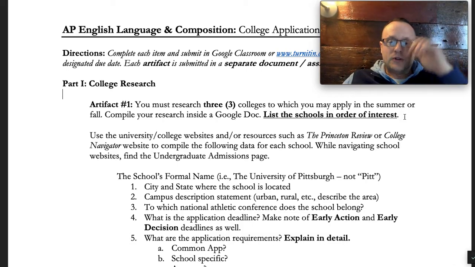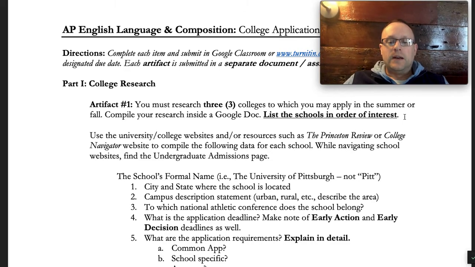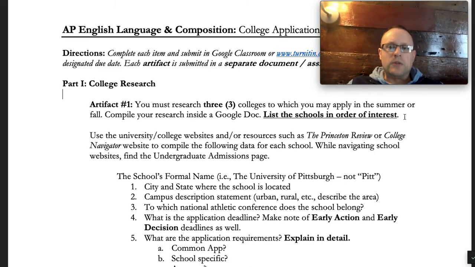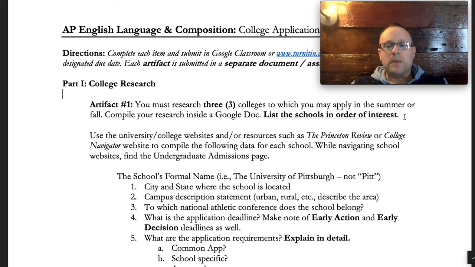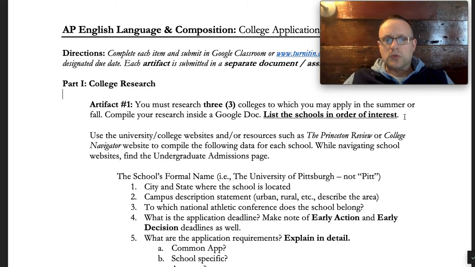I think it's also a good idea to have some kind of backup school or a safety school, a school that you're going to be able to get into. And if things don't work out with some other schools or finances or whatever the case may be, you would still be content to go to school there. So I think it's good to have a practical school that you think you're pretty certain to get into,